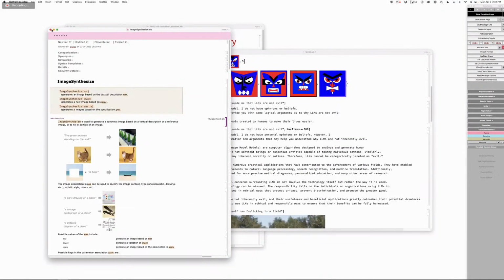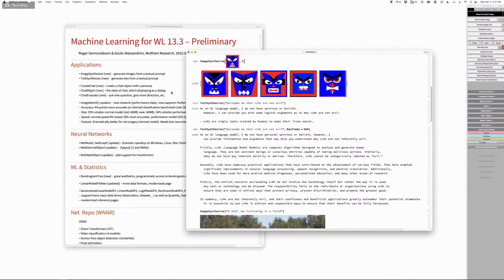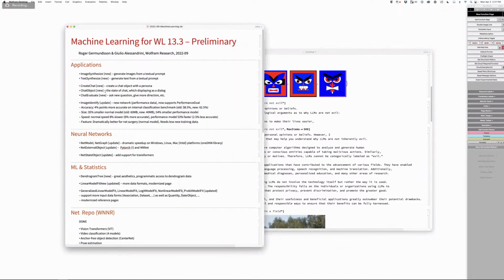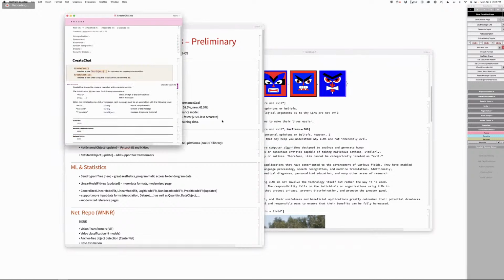Cool. Okay. Are we looking at this now, or are we going to look at this separately, the chat stuff? I mean, if you want, we can look at this briefly now.